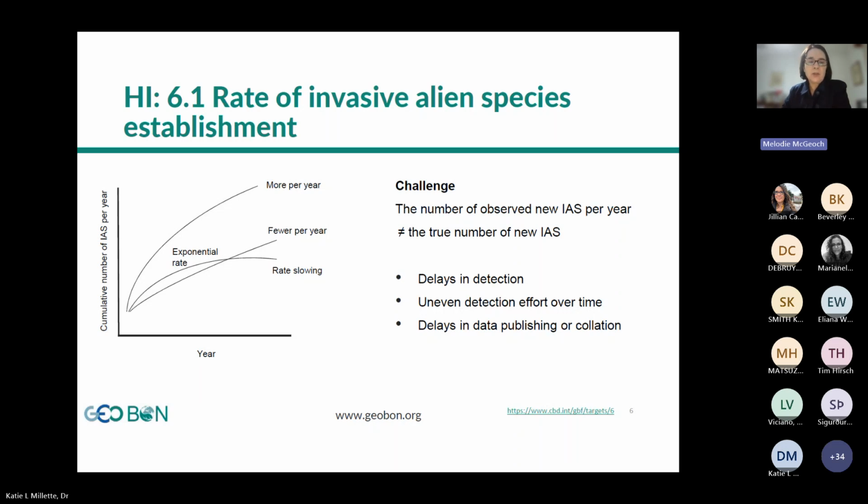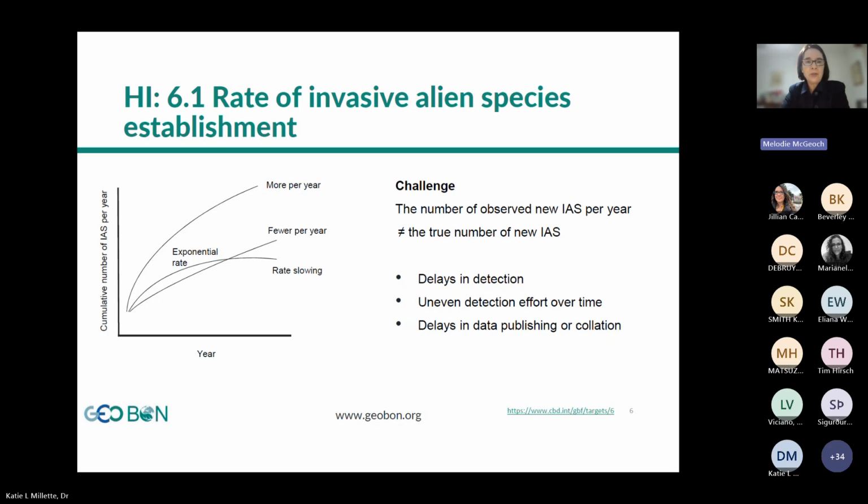The challenge with this is that while plotting and quantifying rates of invasive alien species establishment in this way is perfectly valid, the data underpinning this indicator is not perfect, so the curves that one finds on a graph like this are very misleading. And this is one of the key and very important points to convey about this particular indicator. So it's a very valid indicator with a solid rationale. It's intuitive to interpret